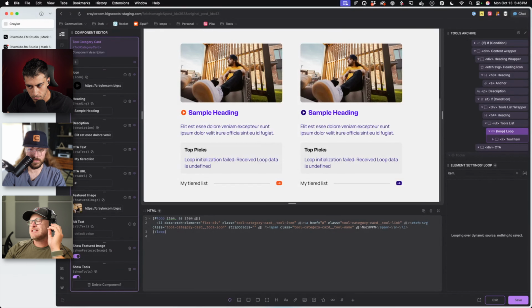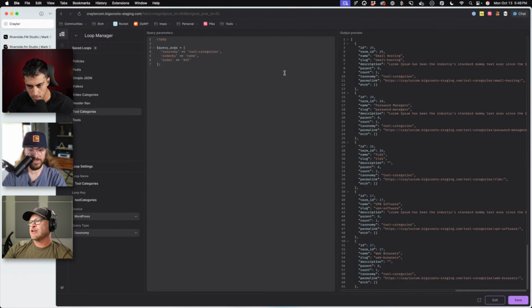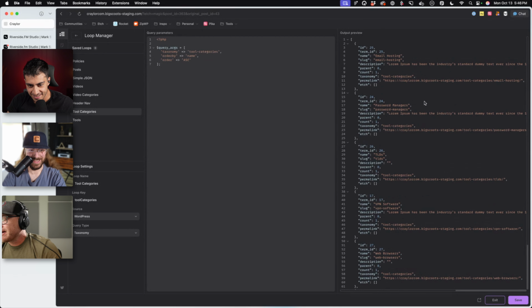Now we got to think about this because we're in categories. My brain, dude, we've done so much structure stuff now. Now I got to get in a database mode. Okay, so